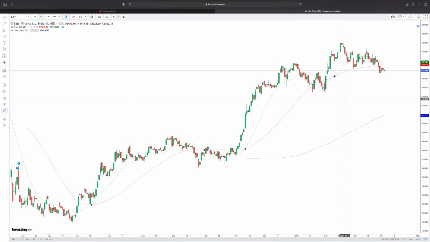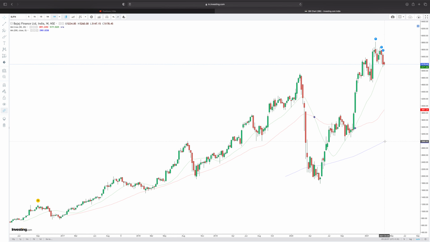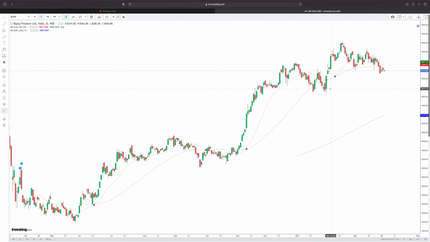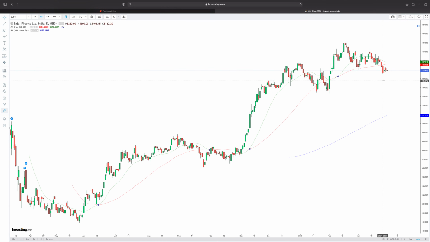All right. But range in which direction do we want to play? We have already seen in the weekly chart, because this 200 SMA is creating a new high, we want to play this on the long side. So it's a range that we want to play on the long side. Therefore, we want to look at the possibility of a support on the range. So what are we looking at now? We are looking at the price trading below the 50 SMA. We are seeing a bullish harami but we are not yet seeing a confirmation.